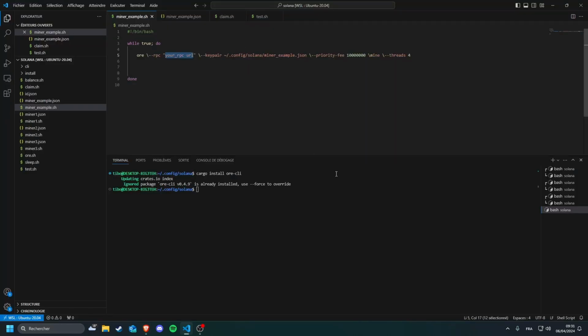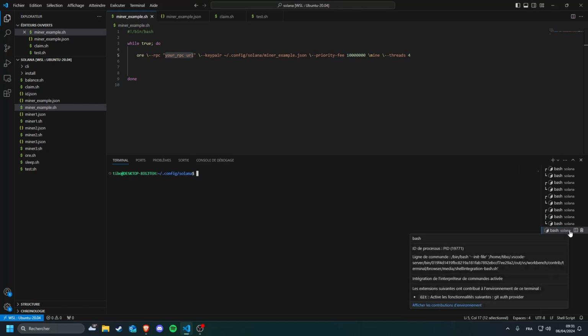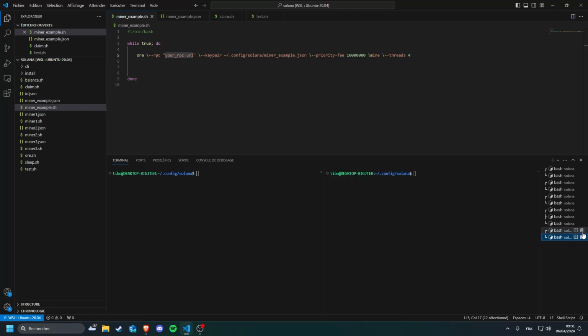You can split a terminal just by clicking this little icon, or you can press Ctrl plus Shift plus parenthesis. So just click it, and your terminal will be split in half. You can do that as many times as you want. And if you want to add a new terminal, you can just click on this little icon to create a new one. And if you want to delete it, just click the little trash bin icon, and bam, it goes away.